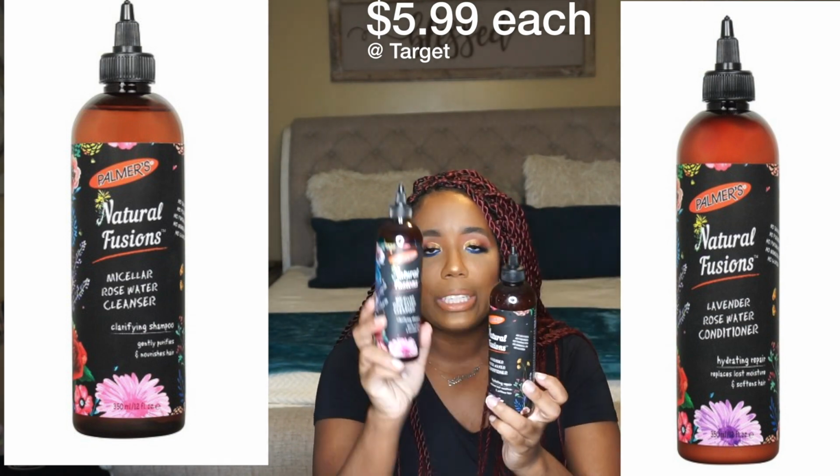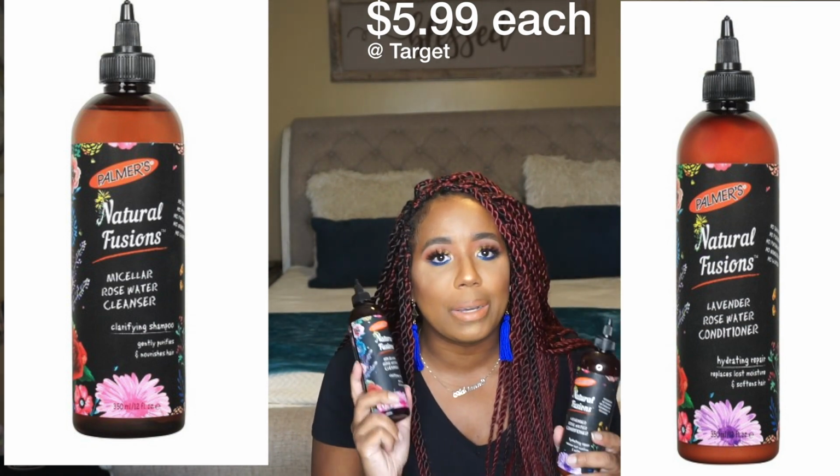I like the shampoo a lot because it really cleanses my scalp. The nozzle, I actually take it off and I just pour it in my hand, because this is good if you are protective styling. But like I said, I have not truly washed my hair because I don't want my hair to curl back up in the twists. I washed my hair whenever it was free and not protective styled. And I really like this shampoo, and I really like this conditioner. This conditioner gave my hair a lot of slip,